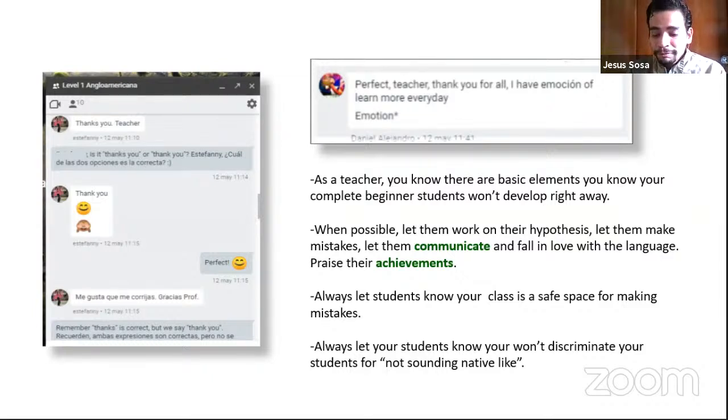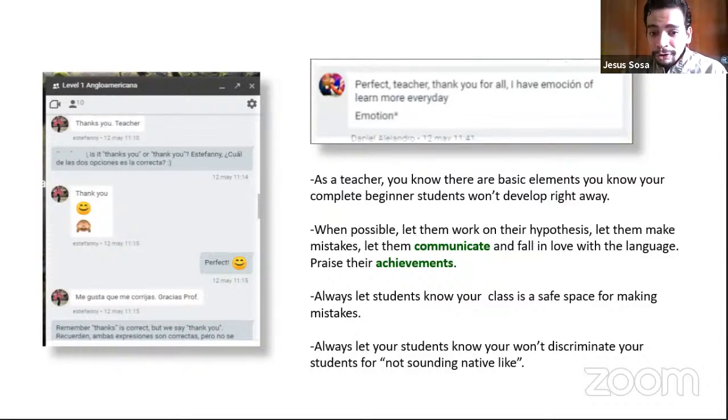So if it's possible for you and in those moments, let them create their own hypothesis and don't restrain them from doing so. Maybe by the end of the class, you could give a general feedback. Maybe by the end of the class, you could send them a private message, but let them be at the moment because that way they're going to feel comfortable with the use of English. Okay? And always praise their achievement, even if it's not completely perfect. Like, okay, you're closer, you did it good today, and then continue